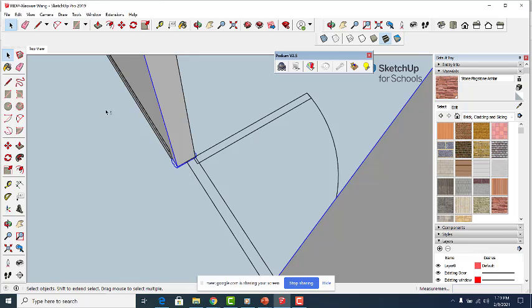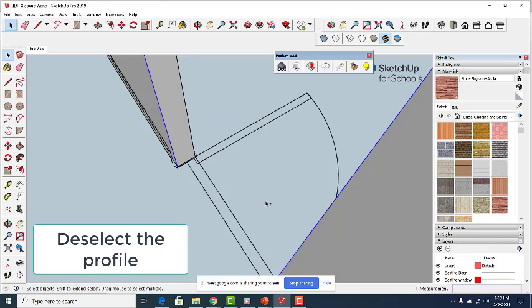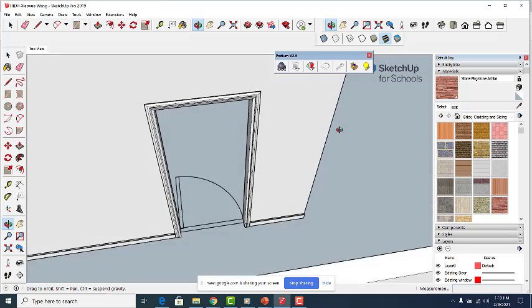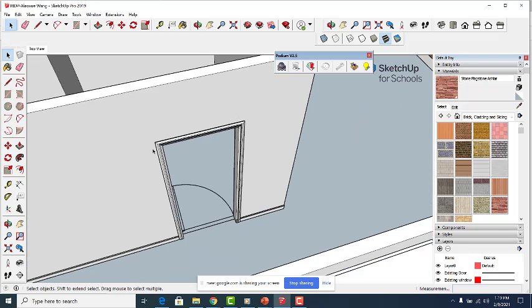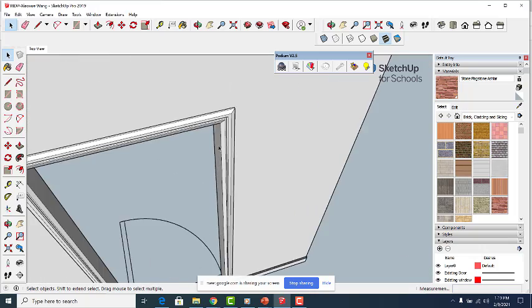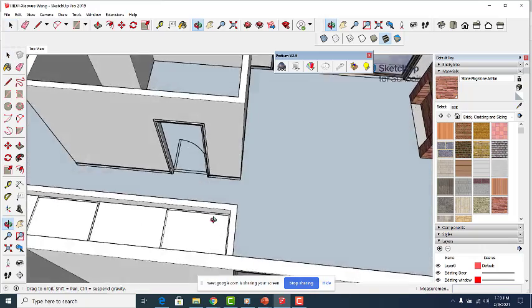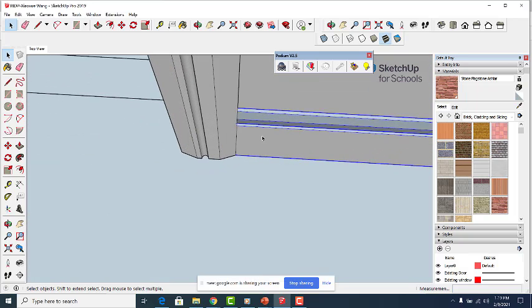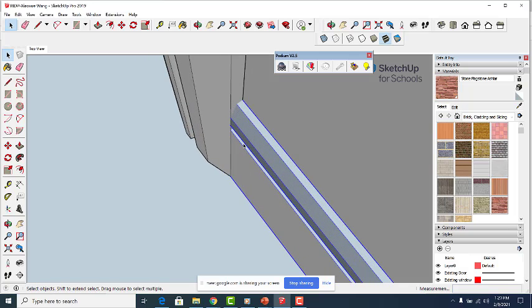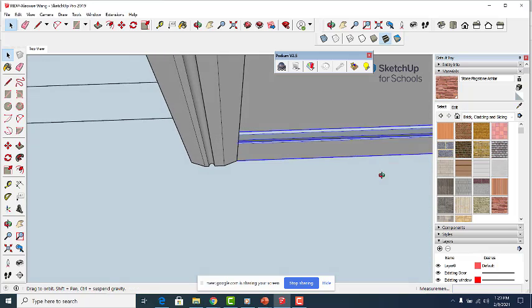I press Shift and see, I open a window from there to here. So I'm pretty sure it would select my path from the other side. Then I go to the Follow Me tool and I select this one. So now I have my frame. Everything is fine. The only thing is, as I mentioned, because I did the baseboard before, the baseboard is kind of going inside it. Probably it doesn't matter, but if you want to be really meticulous,